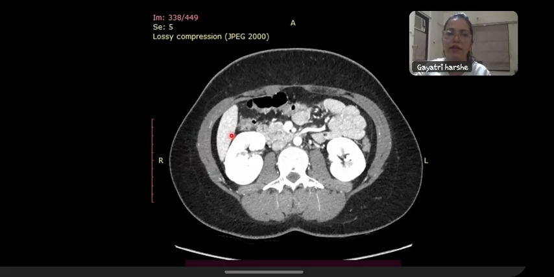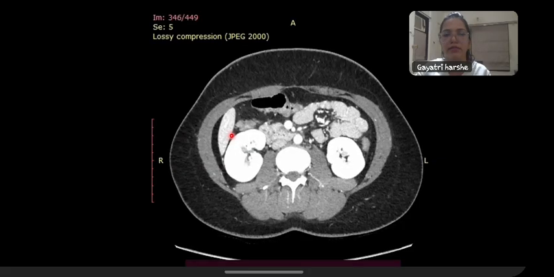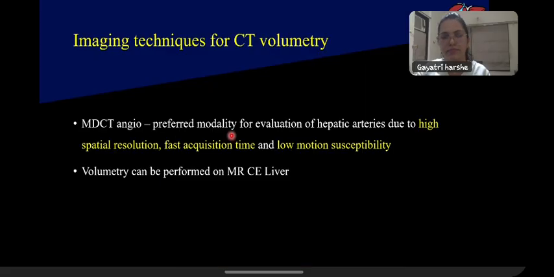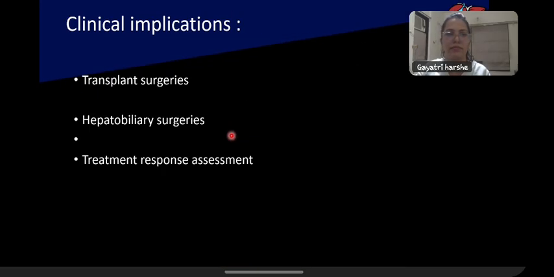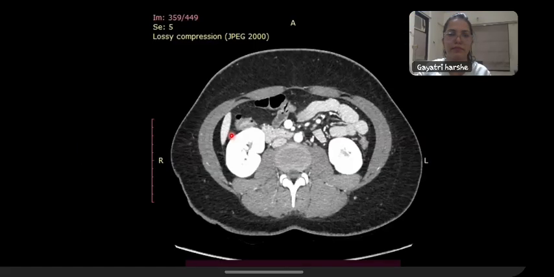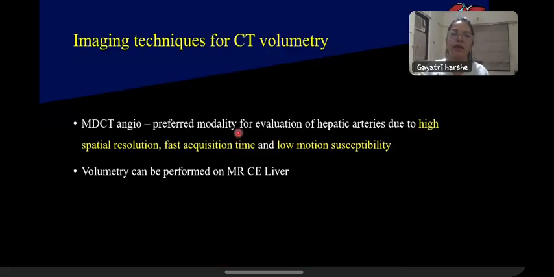Now we will go forward with the imaging techniques where we use CT for CT volumetry. What is the technique we use? It is the multi-detector CT angiography with